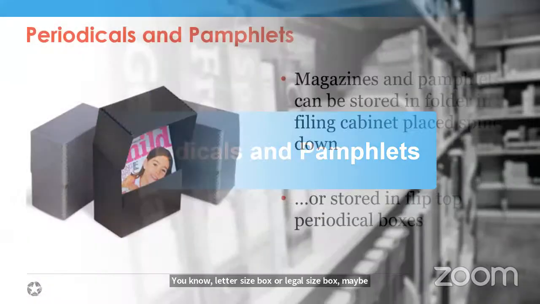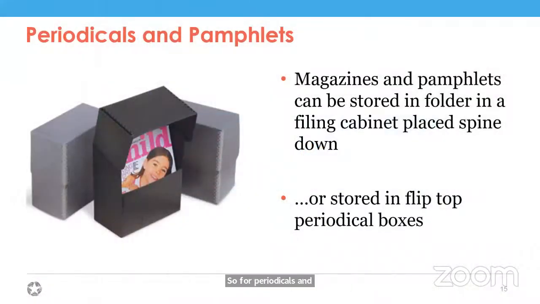So for periodicals and pamphlets, so for magazines, any kind of historic magazines you may have, you could either store them individually in a folder, and you could put them in a filing cabinet, and that would be spine down. Now, I know on this previous slide, it was talking about removing the paper clips and staples from things. Just be careful on a number of things, because if it's a fragile paper, the process of removing an old steel paper clip, because back in the day, you know, before the